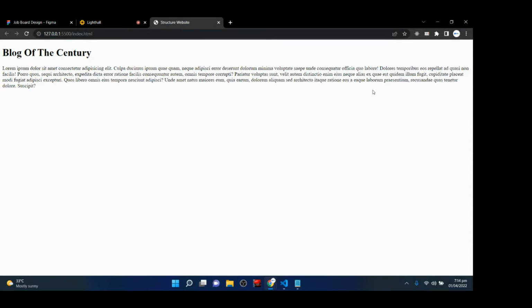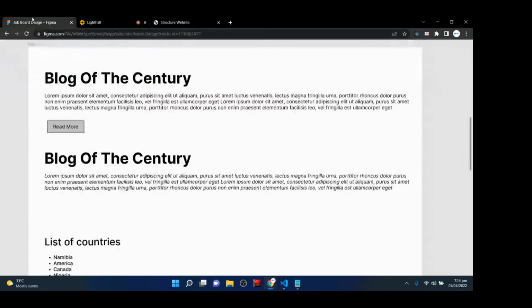So far, I have this section created, this section and this section. Now let's create a button that says read more. Now to create a button that says read more,